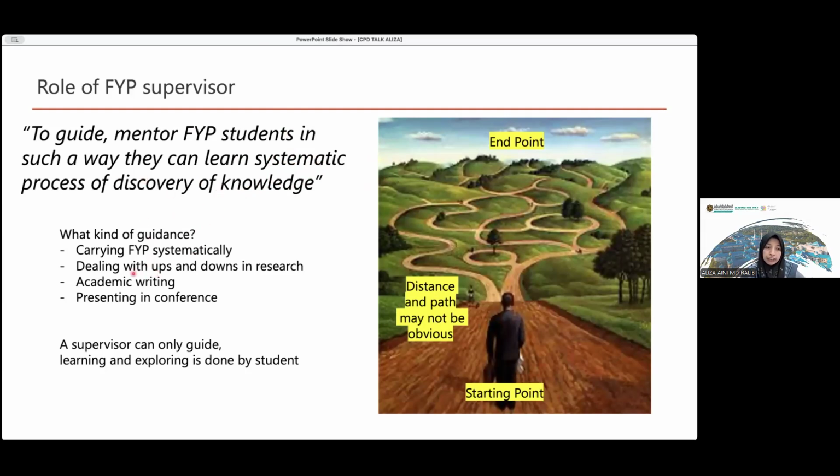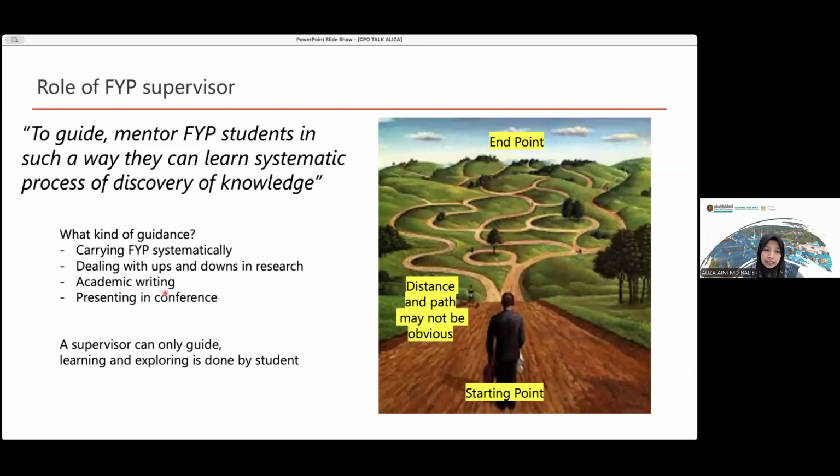So what kind of guidance? One of them is how they do the literature, which is the core of the FYP, and how they write the literature review, and even how they read the papers. Are they reading only the abstract and then looking at the figures, because it can be overwhelming? We were also students previously, so we faced that journey of the challenge of understanding papers. We share with them what our challenges and struggles were, so they may understand.